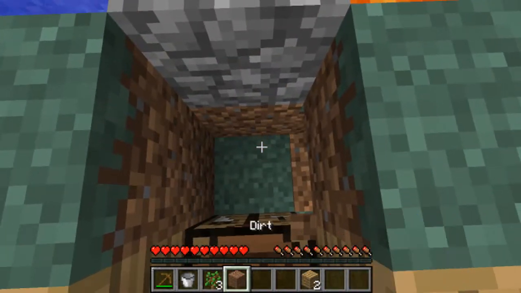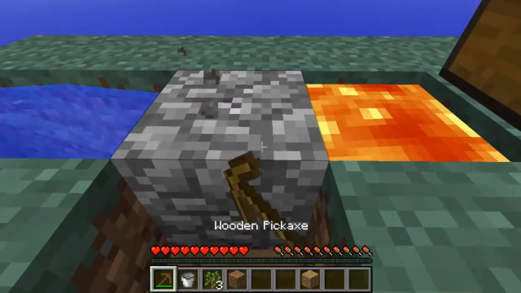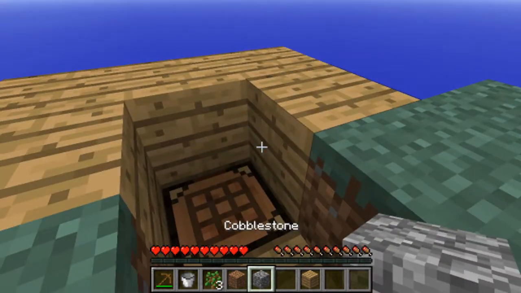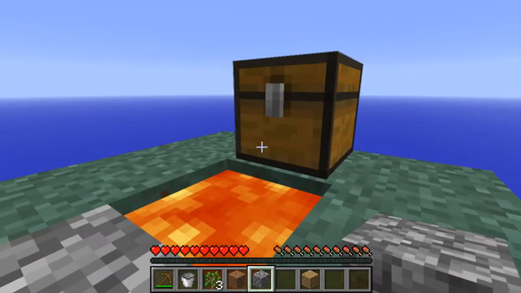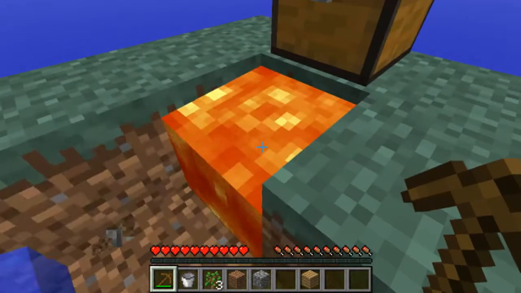Poke this block out here. I might just use the wood here. And stand in this position. What this will do is give you a better chance at picking up the cobblestone block as opposed to the burning. Another tip I can give you guys, if you want to preserve your cobblestone blocks like that, is